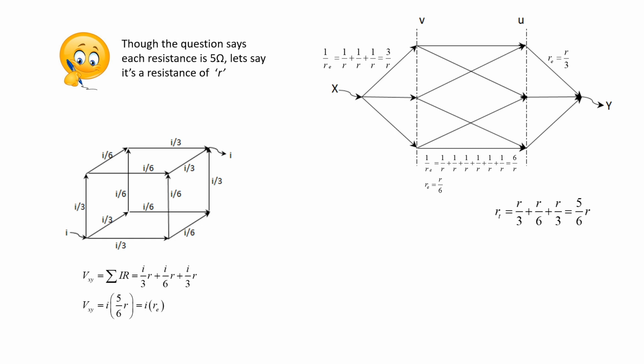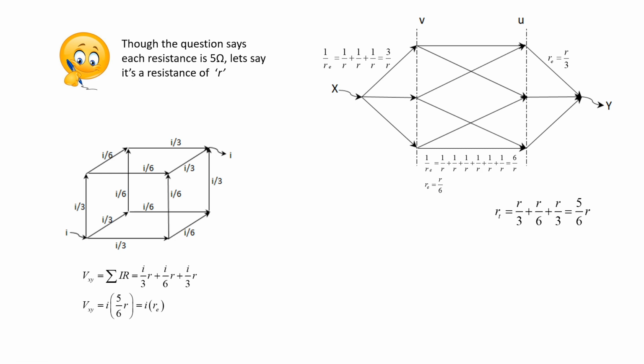If that is the case, the effective resistance of these three parallel lines is going to be R over 3, right? Because to find the effective resistance, you add the individual reciprocals, that gives me 3 over R, and the effective resistance is R over 3. In a similar fashion, when I have 6 resistances in parallel, the effective resistance is R over 6.